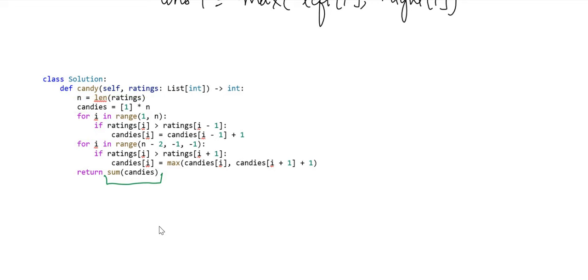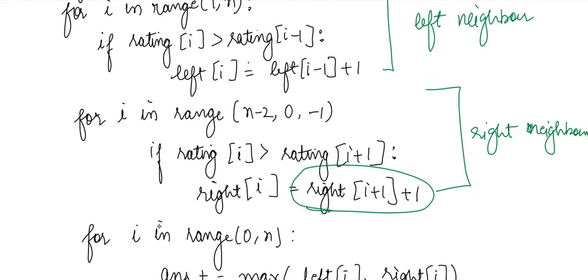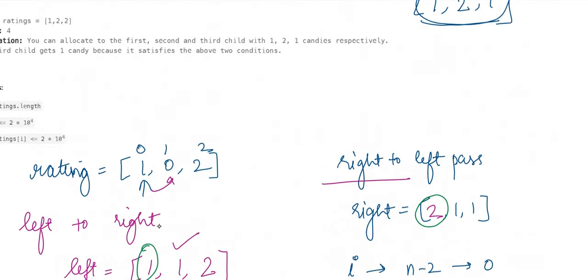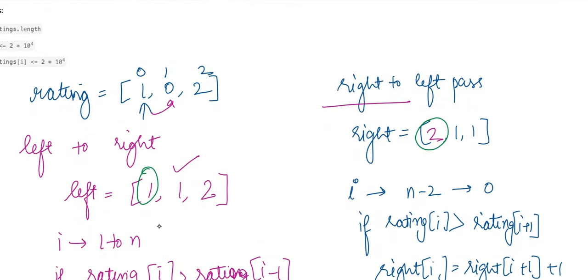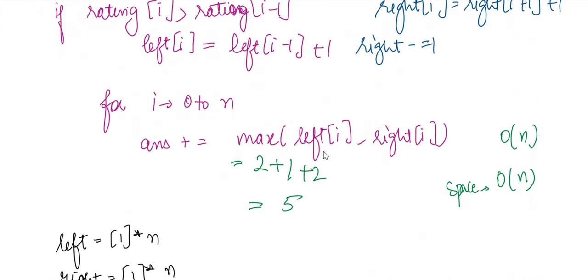Okay, so here I told you regarding this step, rather than doing this separately, this value we already have, so this value and this value we are finding maximum directly and storing in the candies array. I hope you understood this approach. We are first calculating if a given rating is greater than its left neighbors, and then we are incrementing the number of candies in the left array. Same way we are checking if it is greater than right neighbors, and we are incrementing the number of candies in the right array. Then we are finding maximum of 2 and adding in answers.